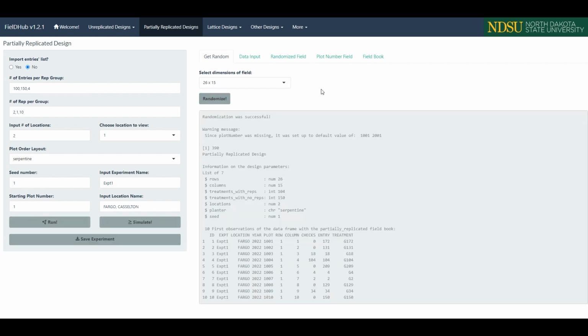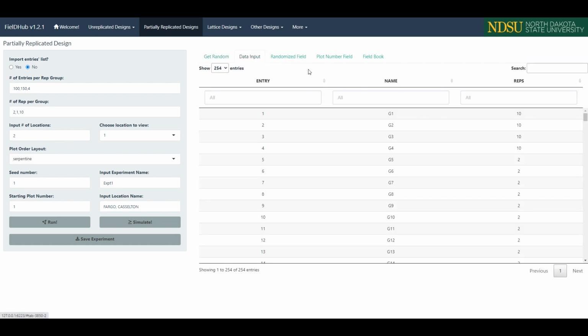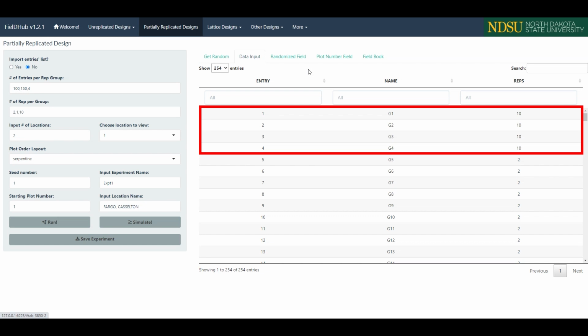Then, on the first tab in the Output region, Get Random, we have a text output displaying the parameters of the design and the first 10 rows of the field book. On the next tab, Data Input, we see the list of entries in the experiment, as well as the reps for each entry. If we upload a list of entries, that is displayed here, with our custom names in the name column. We can see here that the 4 checks we added with 10 reps each appear at the top